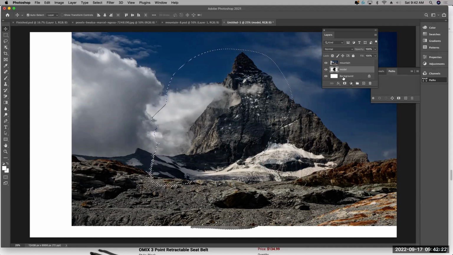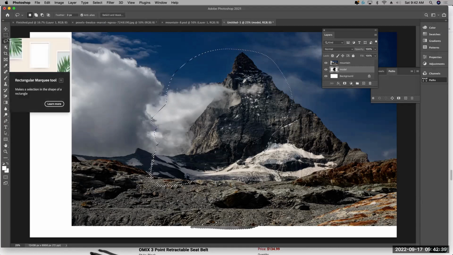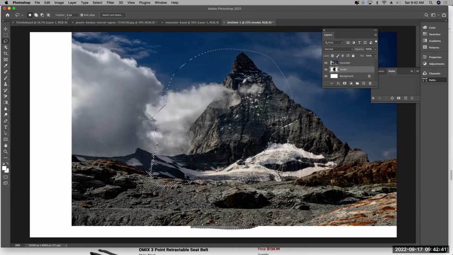All right, we are going to right click. I need selection here. Okay, I'm going to select feathering. 0.5. I'll put that, click OK, and then step number 5, go under the layer, select model,